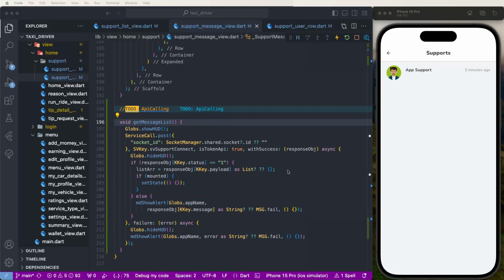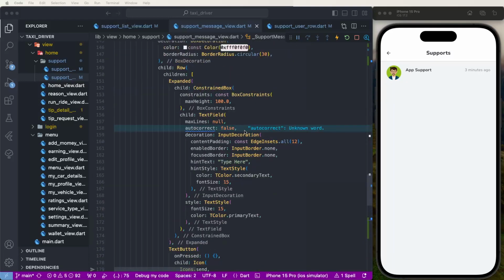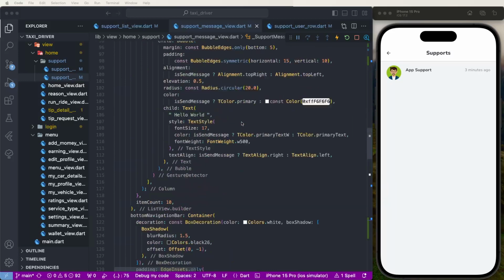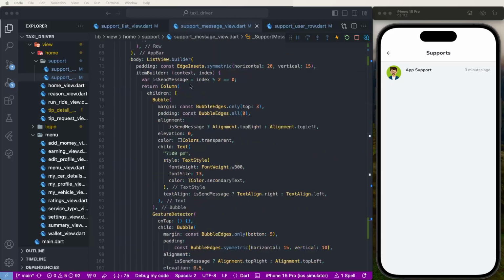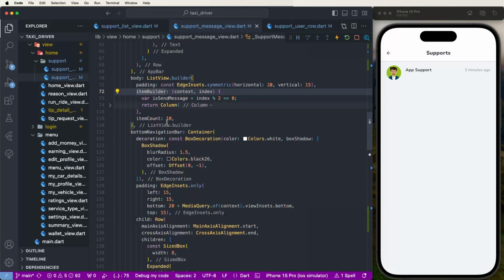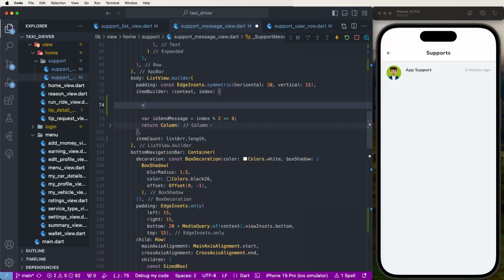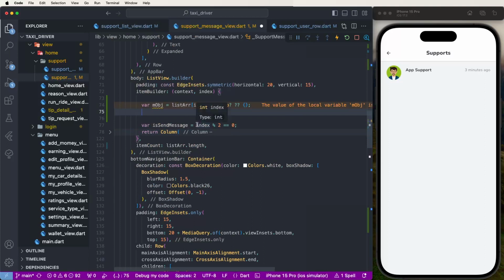Now need to write down here list array, here the length, and here now need dot length, need is like here the objects, and now need to pass this here object is equal to write down here array text of value as like this here this value, and also need to verify is sender message or not, need to write down here